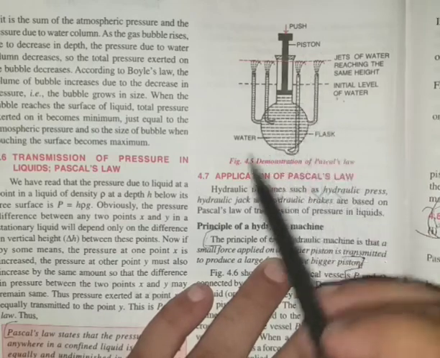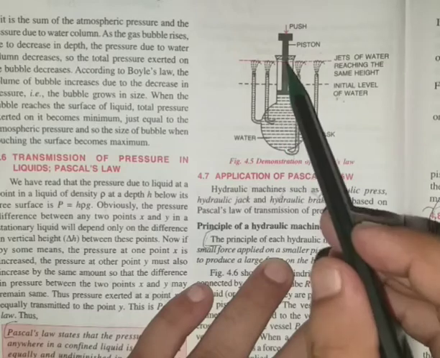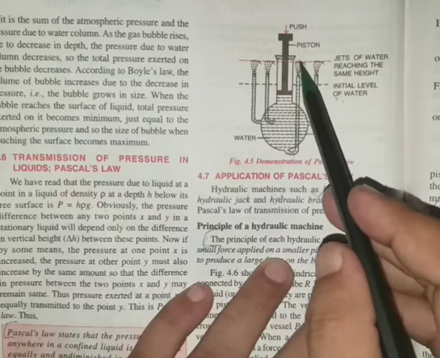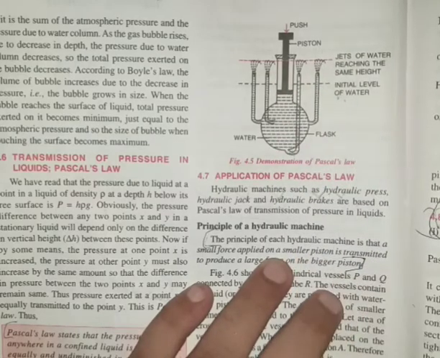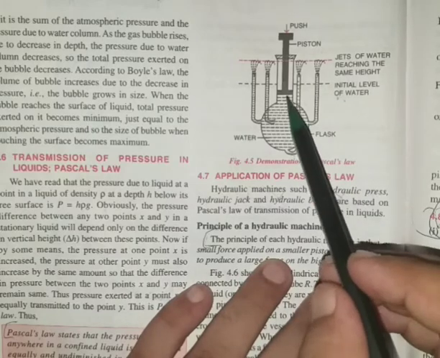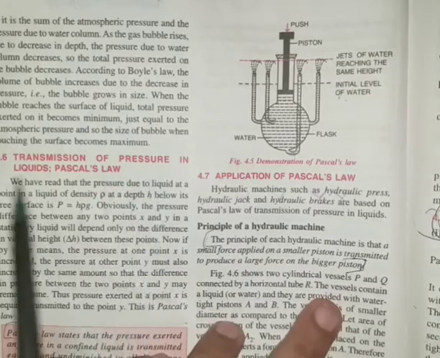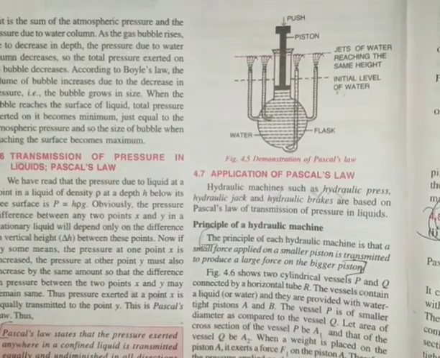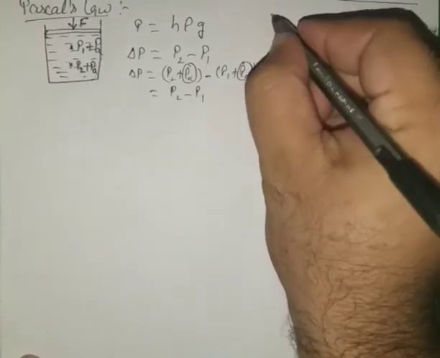This also shows that the pressure at all these points, since these all are at the same height, will also have the same level, and the point that is at depth will also rise up to the same point. So pressure will be exerted equally at all the points. This shows that the pressure in liquid is transmitted equally, and this concept is used in transmission of pressure. And now we have to talk about the application of this Pascal's law.